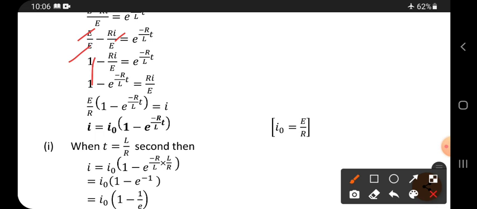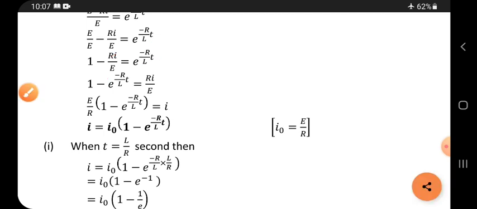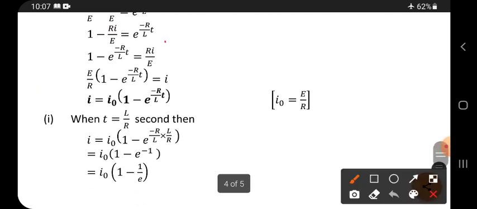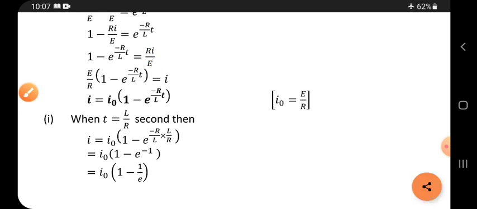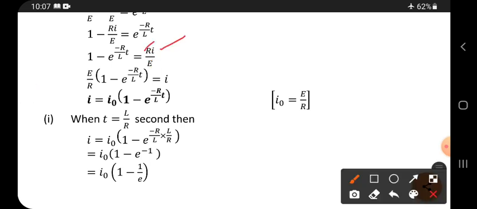Okay. And next, bring this value this side and the exponential term this side. So this is a negative term. If it goes that side, then it is positive. It is already a positive term. If it comes this side, then it is negative. So the E value is negative this side. And keep I this side only. Bring R by E this side. Okay, keeping I, with I, R is multiplying and this side it divides. With I, E is dividing, this side it multiplies.